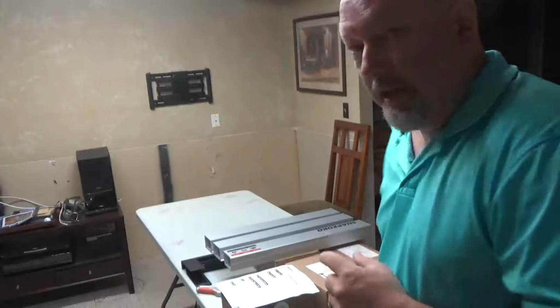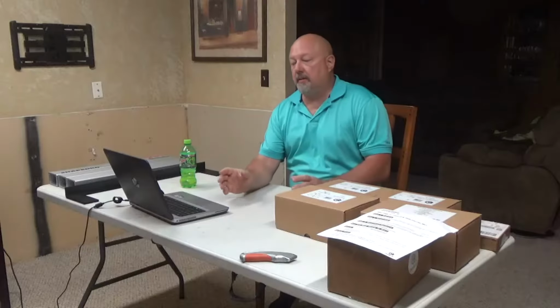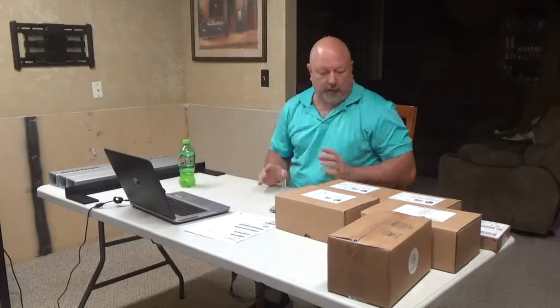That's it for step one of unboxing. Now I'm going to go ahead and take apart all the rest of the boxes and make sure I've got everything in there I need. Okay, now I do know that I need my computer because I know that all of the instructions for putting this thing together are online. So we'll go ahead and